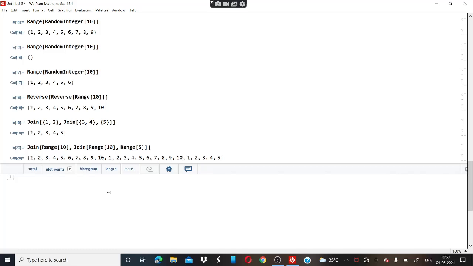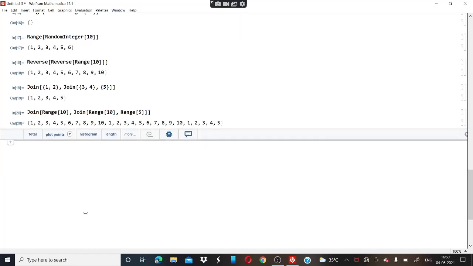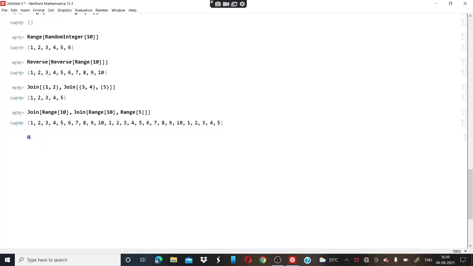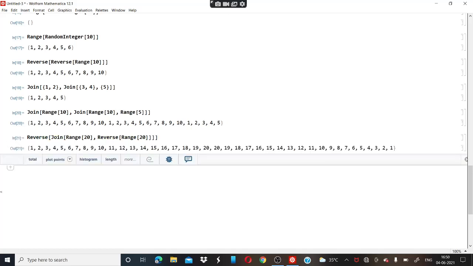Our next question is find the simpler form of reverse, then join, then range of what? 20, comma, reverse range, here again range is 20, then close all the brackets, shift and enter key and you will get the result.